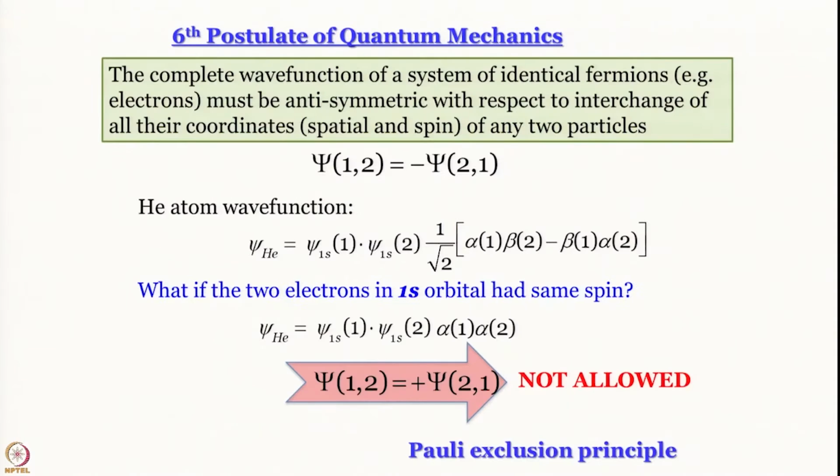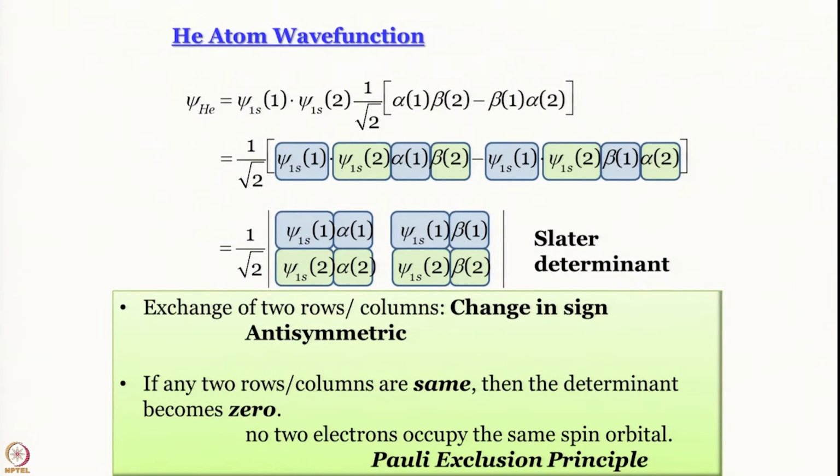with respect to exchange, and that takes us to the 6th postulate of quantum mechanics, which says that for identical fermions like electrons, the total wave function must be antisymmetric with respect to interchange of all the coordinates. And that essentially, as we learned, led to Pauli exclusion principle, which said that the ms value must be different, and incorporating that we learned how to write this many electron atom wave function very conveniently in the form